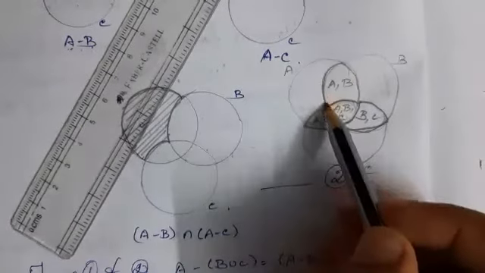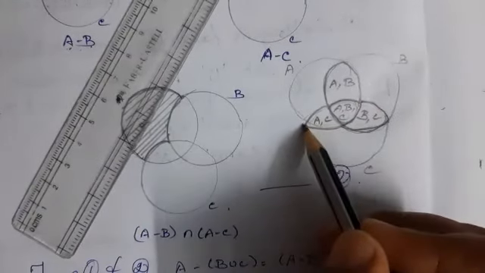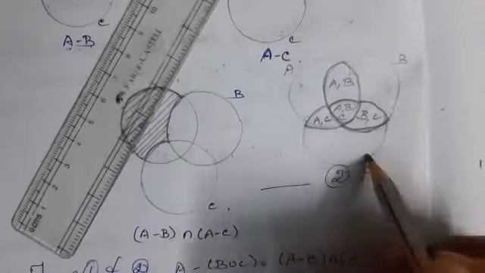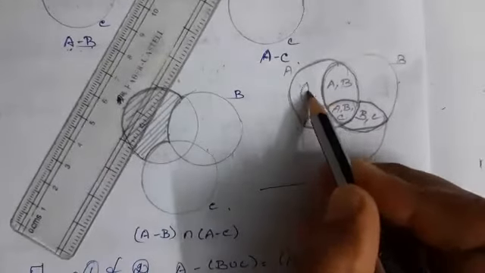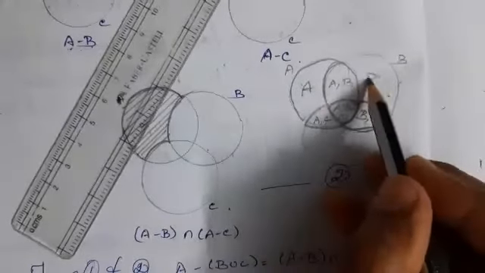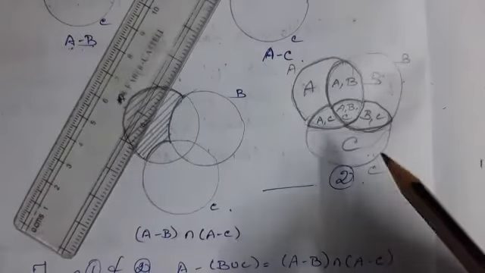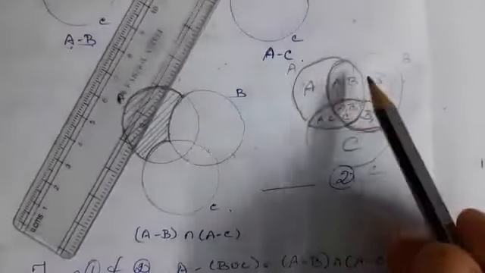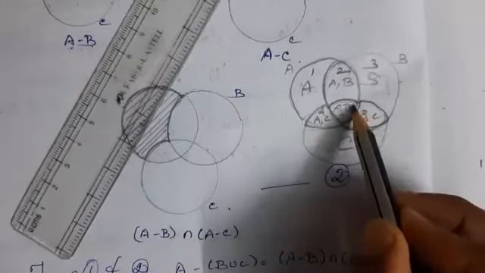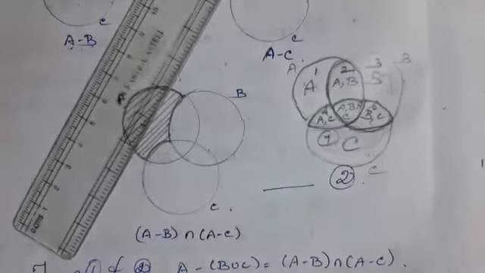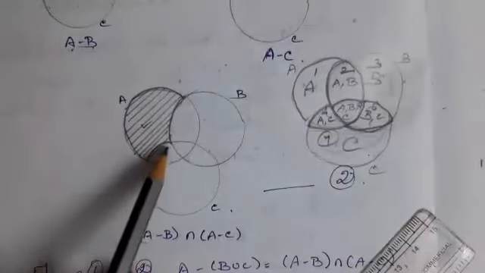Then, here you have a portion that is A and B. Here you have a portion A and C. Here B and C. Now this is the portion for only A. This is the portion only for B. This is the portion only for C. How many portions in this Venn diagram for 3 sets? 1, 2, 3, 4, 5, 6, 7. Okay, in the Venn diagram for 3 sets you have 7 portions. Think that and shade this.